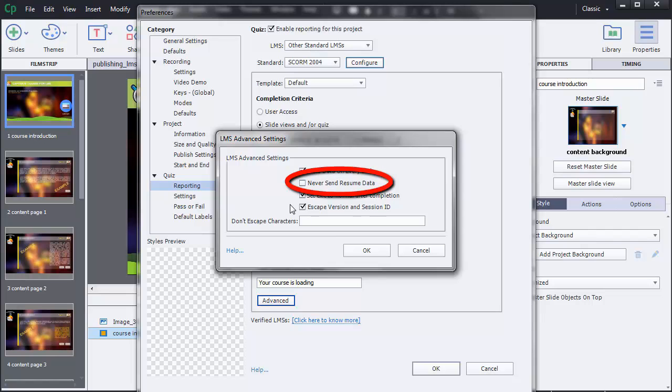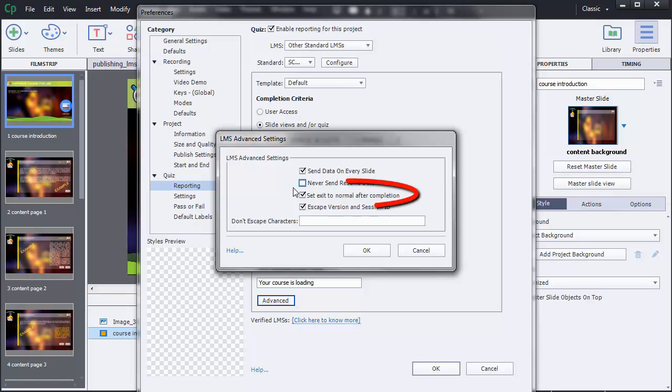For example, when a learner launches his course again after taking a break, will he go back to the first page or the last page he has seen? By selecting the checkbox, the learner will go back to the first page. By not selecting it, he will access the page at which he left off earlier. We usually leave the checkbox unselected to avoid learners restarting from the beginning.